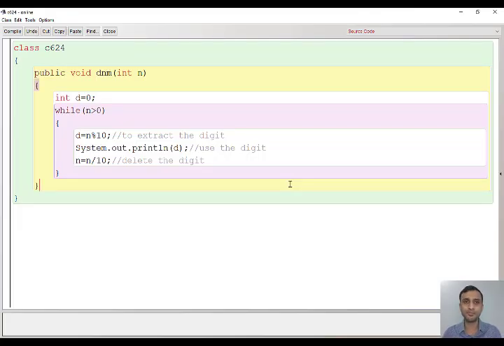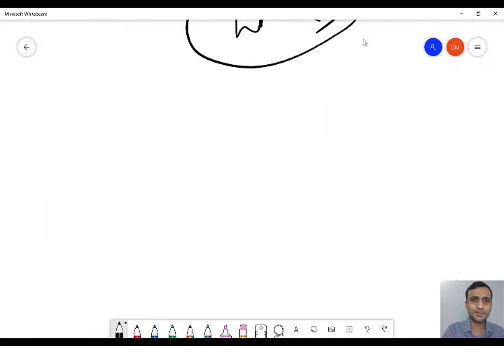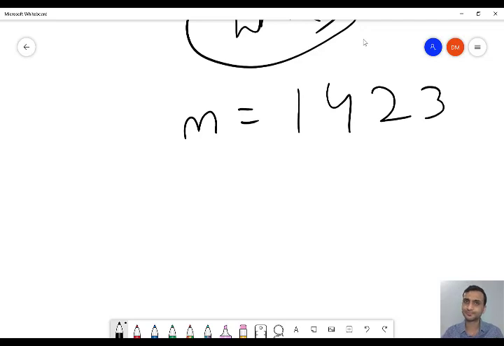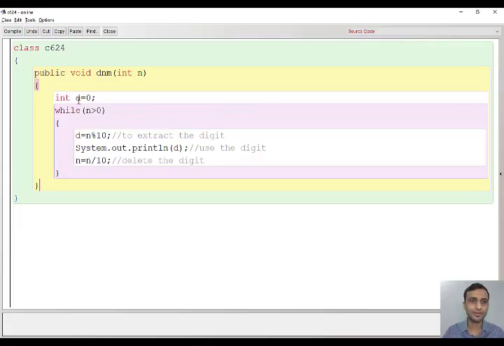Now let us run this program manually. So for example, the user gave the input 1423. Okay, and you have to separate the digits and print them. While n greater than 0, n is the number.